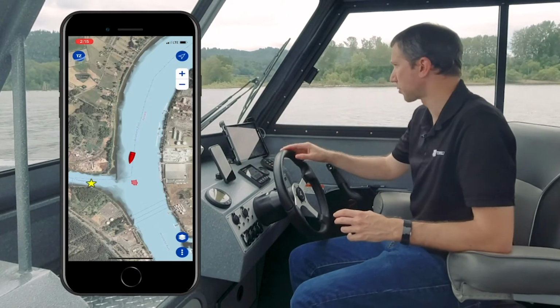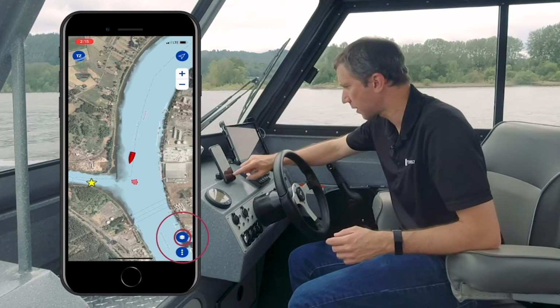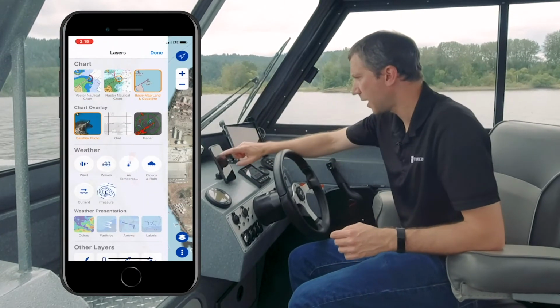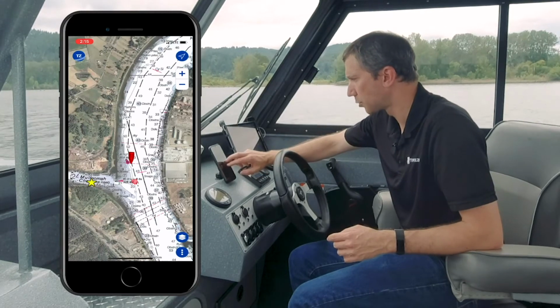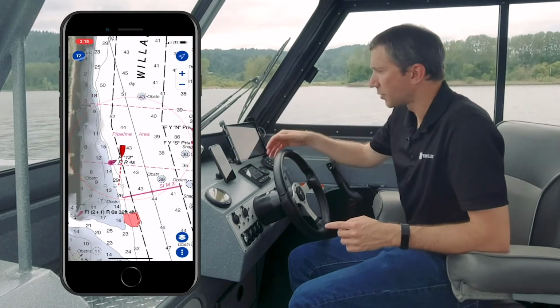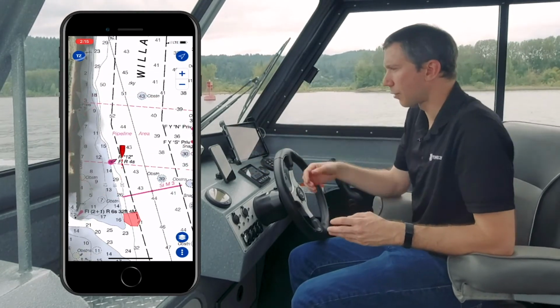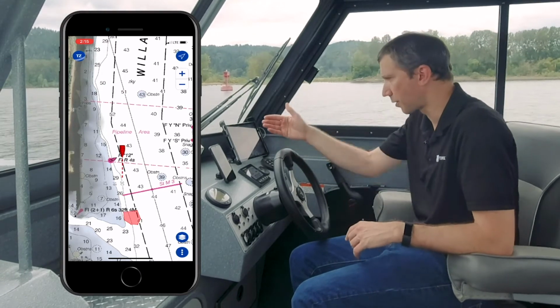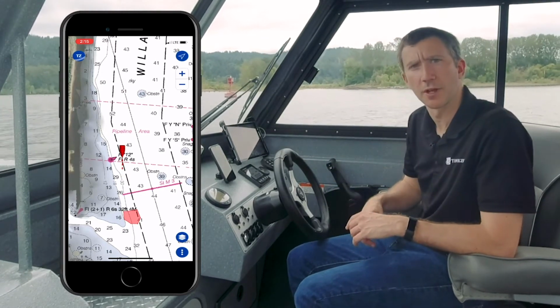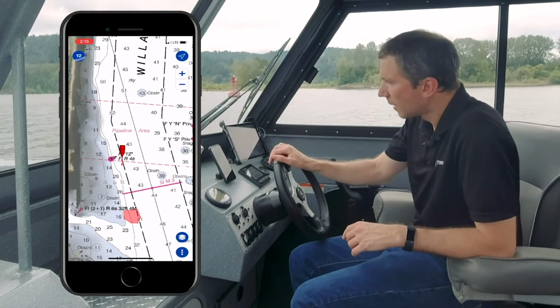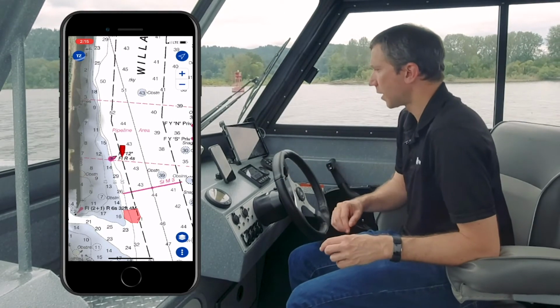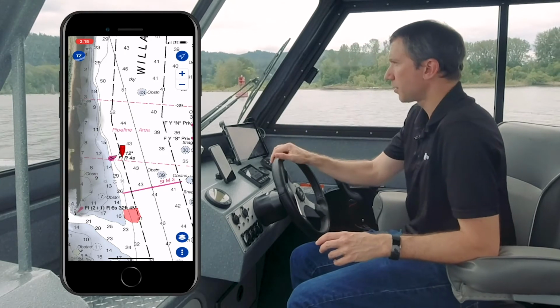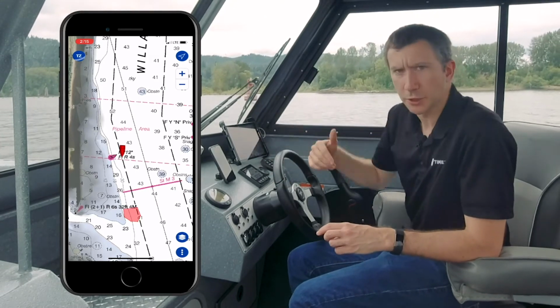And as soon as you purchase a chart, vector or raster, then you can tap on the layer button and select the chart that you just purchased. So now with the nautical chart, you will get all of your objects, such as buoy, rock, and danger, and of course, depth information on the nautical chart. So something to pay attention to is when you have an internet connection, TZIBot is going to stream the chart.